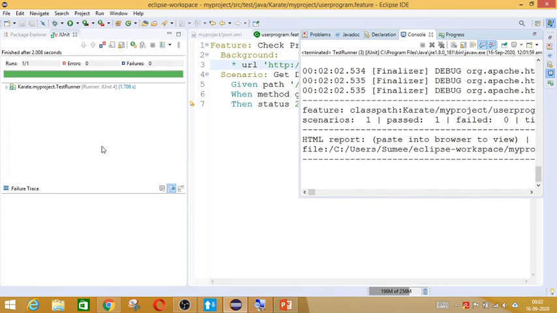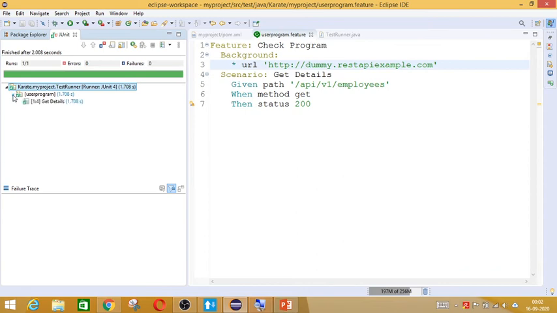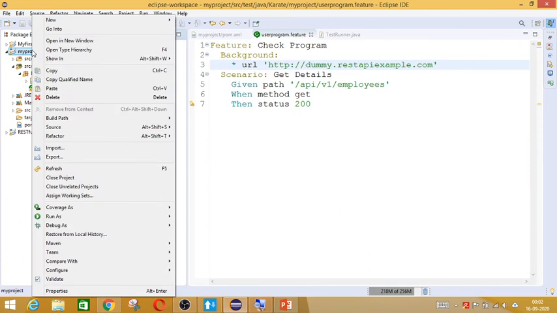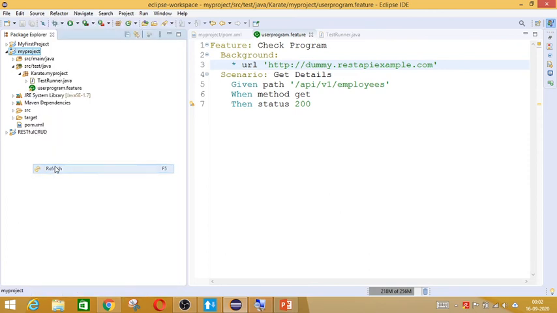So now it has executed, and you can see the results, the get detail, whatever scenario we have given, it has got executed. Okay, and you can see that there is a folder called target, right? There won't be anything in this folder, but if you refresh the folder, then you can see that the target will have the result file available.